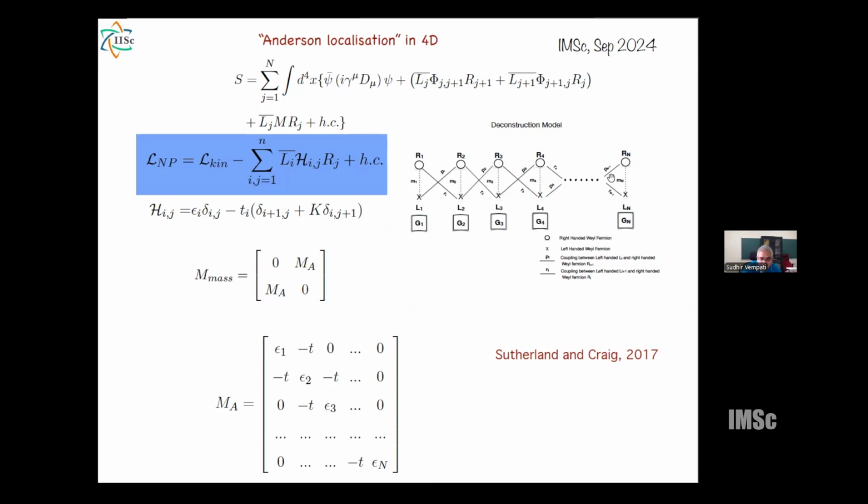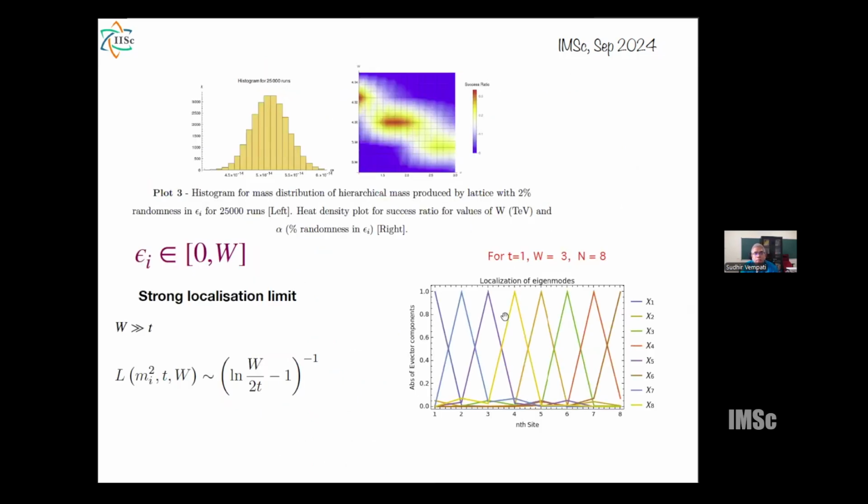Once you make them completely random, coming from this fundamental theory to an effective theory, what happens in the limit, if you vary the epsilons, the diagonal mass terms, in a range from 0 to 8, is that all the wave functions of this particular Lagrangian are completely localized. So these are the sites. This can be nicely seen in this